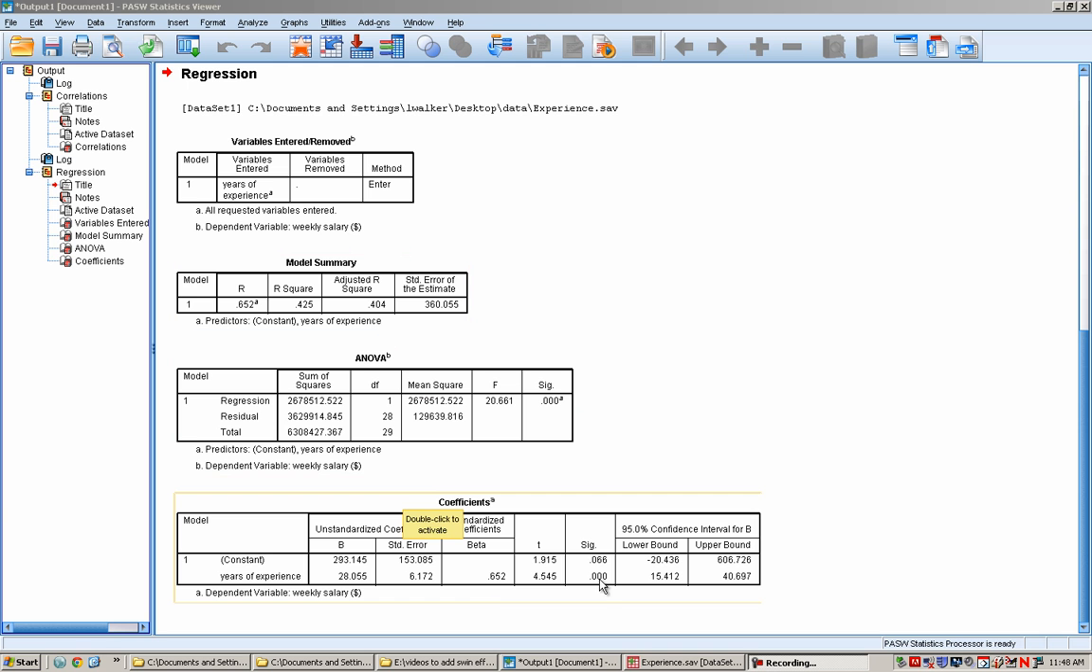the key pieces we want to look at are our p-value. The p-value, the very bottom one here for years of experience, is telling me that years of experience is a significant predictor of weekly salary because our p-value is less than 0.05. We then want to look at our regression slope, or our regression coefficient, which is the one in this first box,